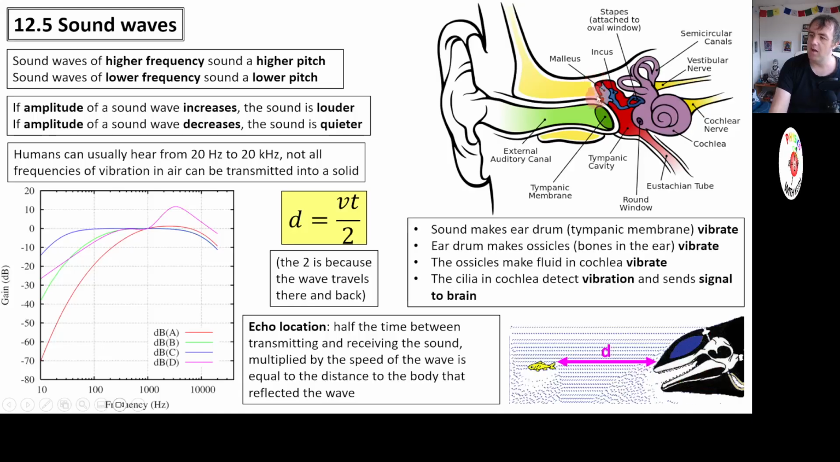Now, the tympanic membrane is connected to three bones, these three ossicles, the three bones inside our ear, the hammer, the anvil, and the stirrup, or the malleus, incus, and stapes, if we want to call them those. Those transmit this vibration to this